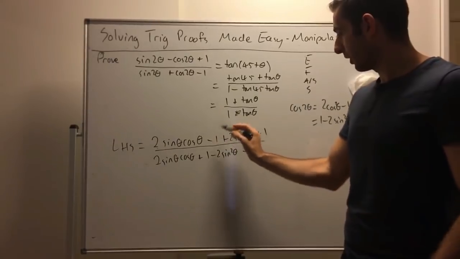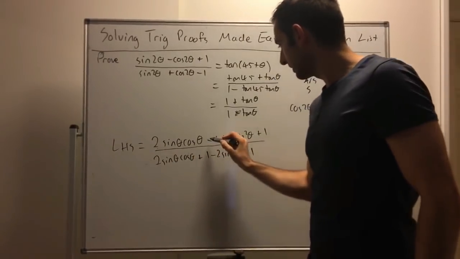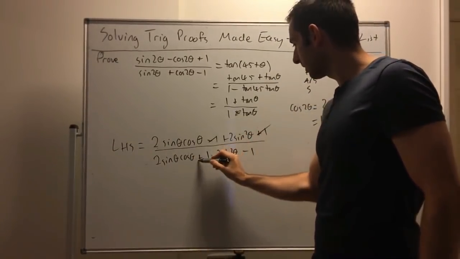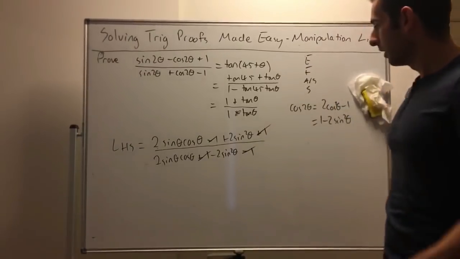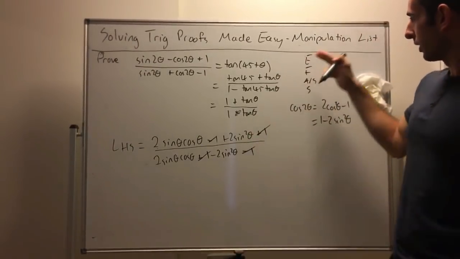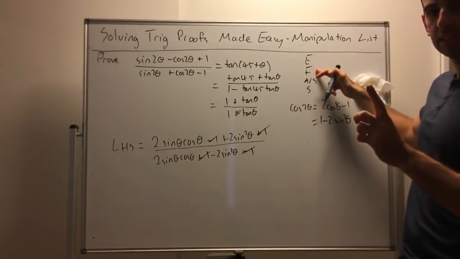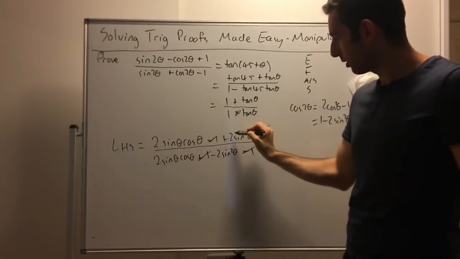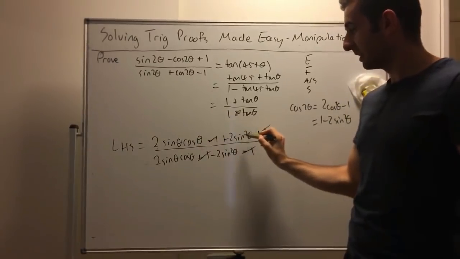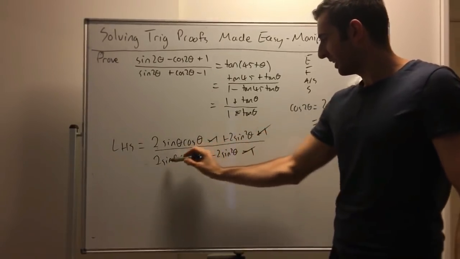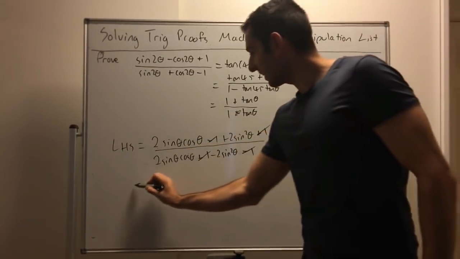So now the ones are gone. And what you'll notice is, let's just cancel them out there because I'm running out of space here. So now let's go through this. Can you expand anything? No. Can you factorize? Yes. Because look here, I've got 2, it's a common factor, and sine theta. Same on the bottom, 2 and a sine theta. So if I take that out,